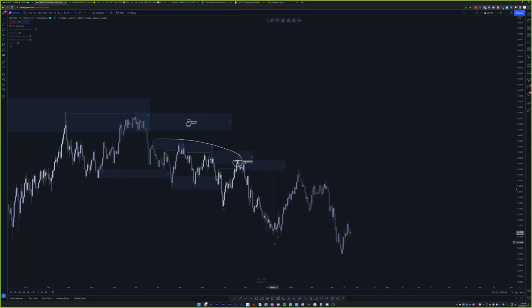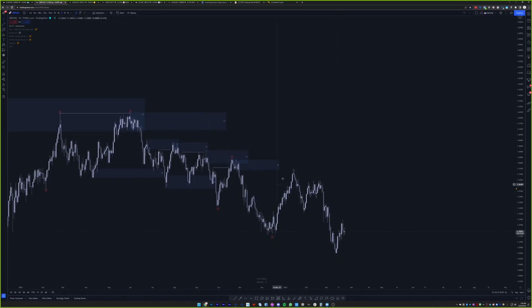If you apply the whole internal range liquidity theory to it, you're right. Yeah. We take this out, then you're right. Possibly we could take the rest out, right? Kind of like that. But there's a chance this could hold too, right? So I'm just thinking about it like that too.